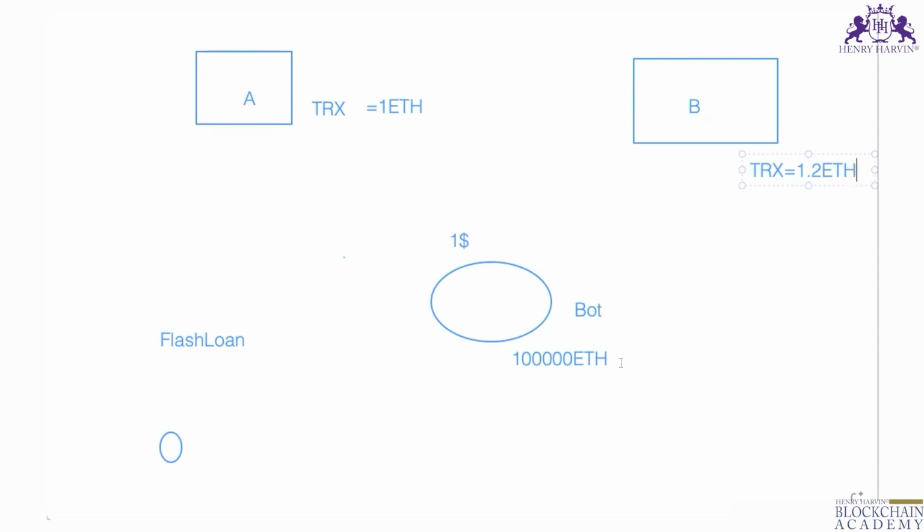So if you have 10,000 Ethereum in your pocket, you can purchase 10,000 TRX from exchange A, and sell these 10,000 TRX over here. You can get around 2,000 Ethereum profit. 2,000 Ethereum is not a small amount. You may think that in order to do this you need to have 10,000 Ethereum in your pocket. No need. What you can do is use another platform called Flash Loans.